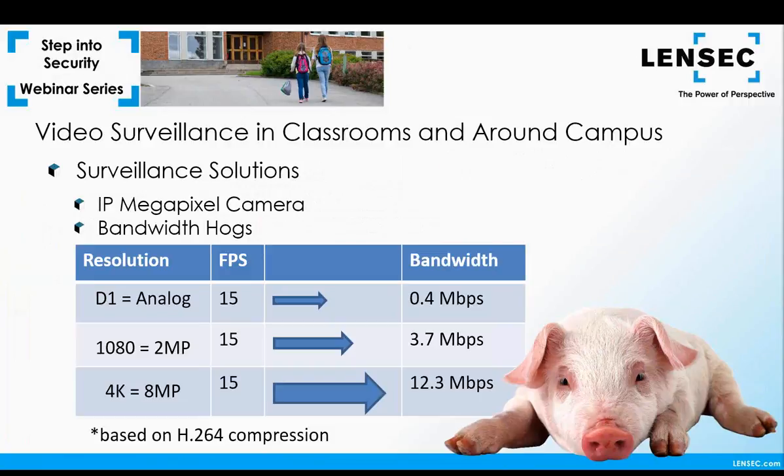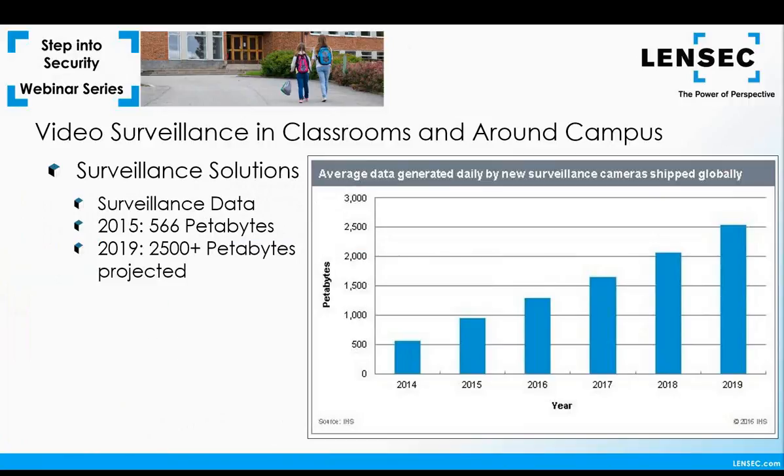I've run some general numbers here in this chart based on an analog camera, a 2 megapixel camera, and an 8 megapixel camera. I calculated numbers at 15 frames per second running on an H.264 compression. You can see the higher you go into megapixel resolution, the more bandwidth is required. In reality, that has to be configured in the scope of the whole array of cameras and balanced appropriately across the entire system based on priorities. Not only does the bandwidth use go up when using megapixel cameras, but your storage will go up as well.